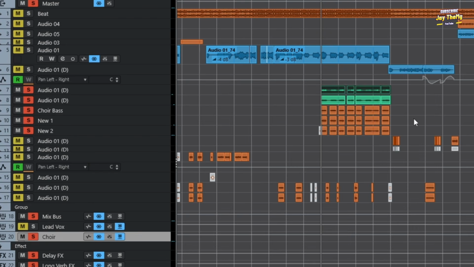This sounds a little bit too crazy and like it doesn't make sense, but when you switch on the lead vocal and the beat,